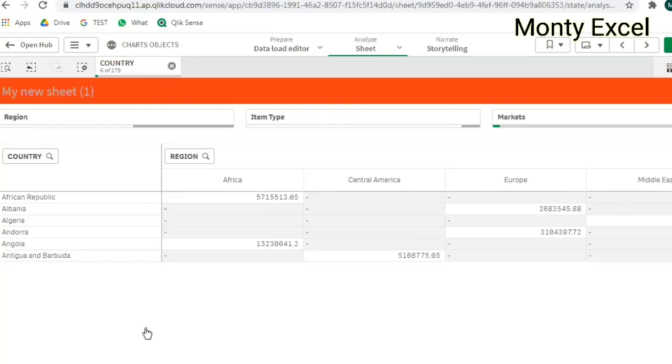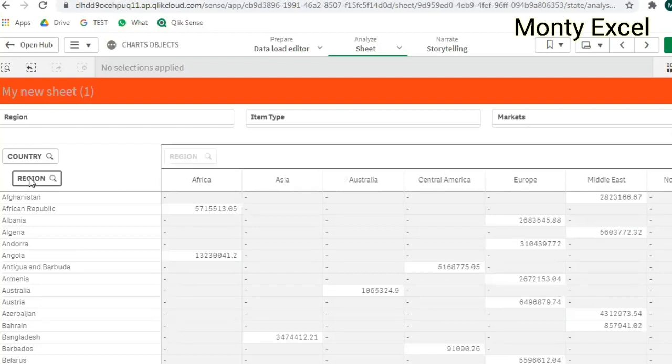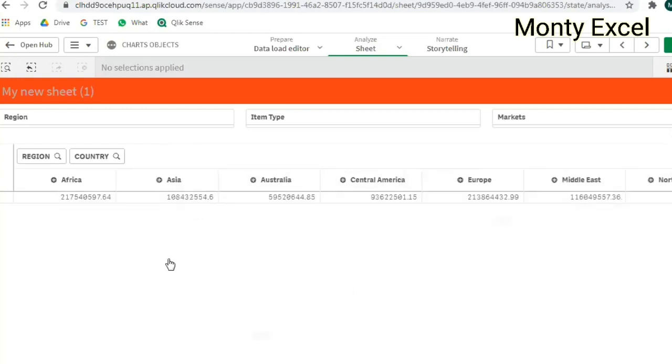And anytime the end user, this is what a self-service BI tool is. That's why Qlik Sense is called a self-service BI tool. You created the pivot table like this, but probably the end user wants to see it in a different style. Can he drag and drop this region here in read-only mode? He's trying to change this region. Maybe we don't have it in the cloud environment. Okay, now you can see